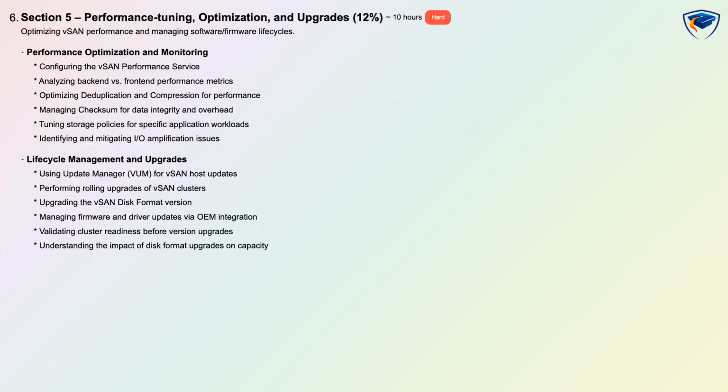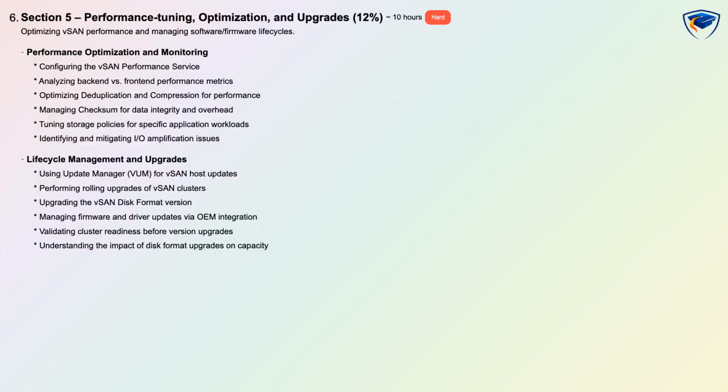In Section 4, you'll also learn about configuring vSAN data stores and storage services, boot from vSAN and SD card USB installation considerations, and how to configure fault domains to improve resilience. Additionally, you'll understand how to configure Virtual Distributed Switch, VDS, requirements, implement NIOC for traffic management, and configure link aggregation,